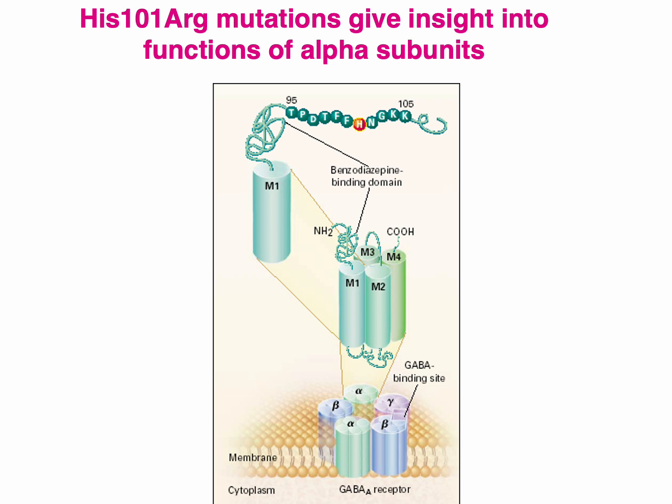So what he did is he modified the other ones, like in alpha 1, he put an arginine in place of the histidine and then inserted this gene in the embryonic